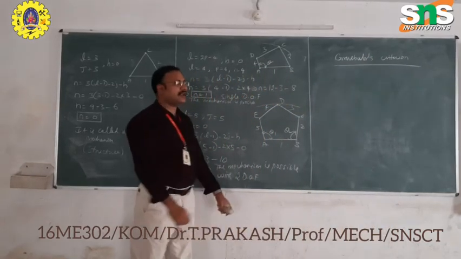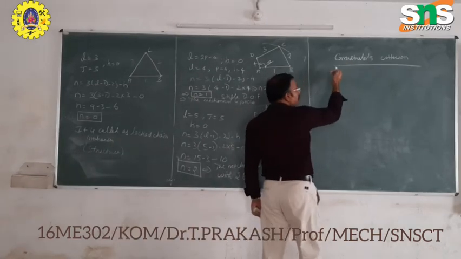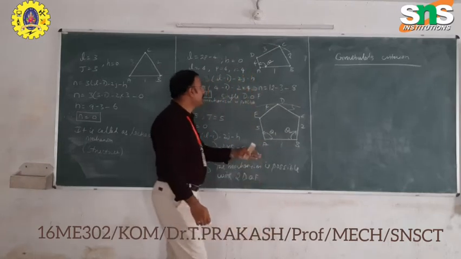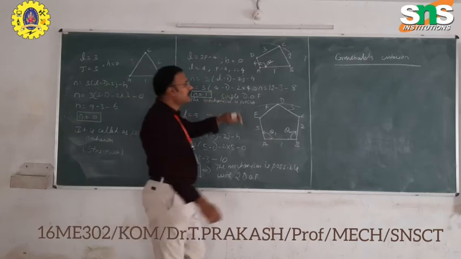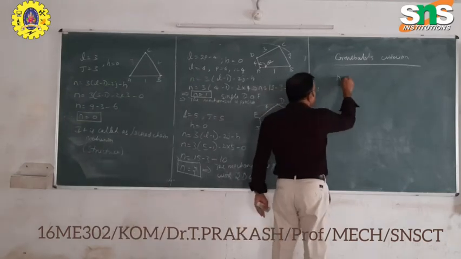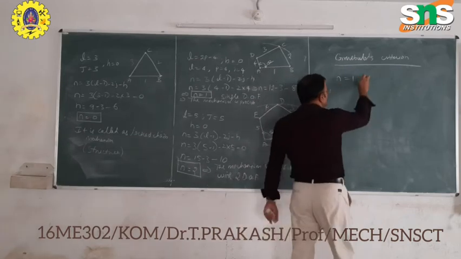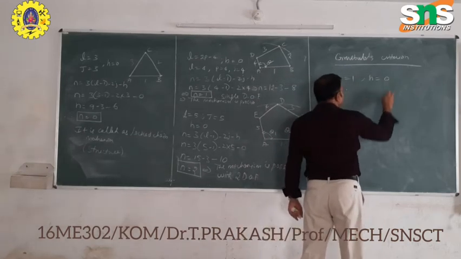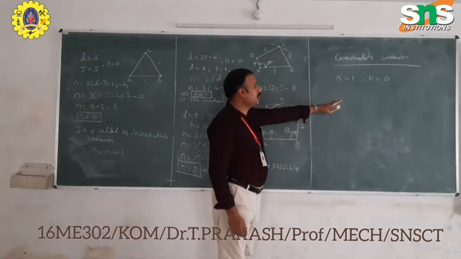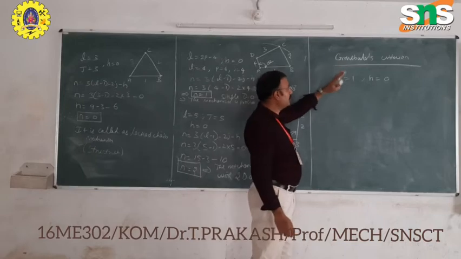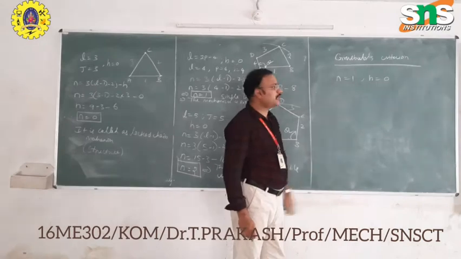Veblen criterion is very important. With respect to the Veblen criterion, he has taken the same degrees of freedom formula, N = 3(L - 1) - 2J - H, and he defined the mechanism with 1 degree of freedom. The degree of freedom is 1 with no higher pair, so higher pair is 0. He defined that the mechanism can be converted into useful work. It was found by Veblen. With 1 degree of freedom and no higher pair, the mechanism is possible with constrained motion.